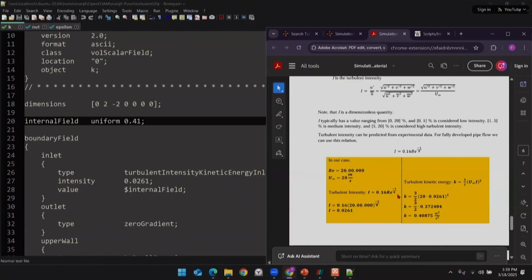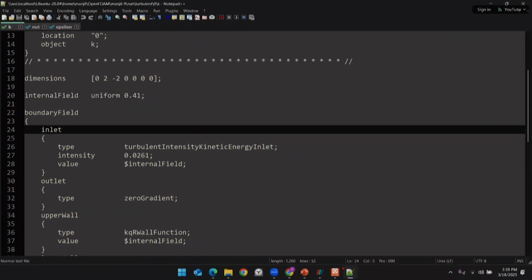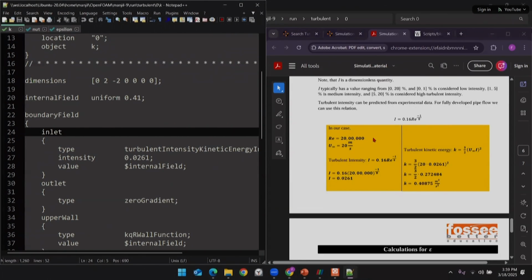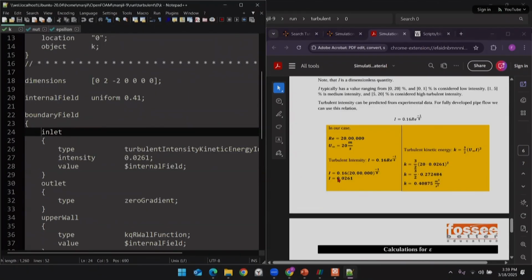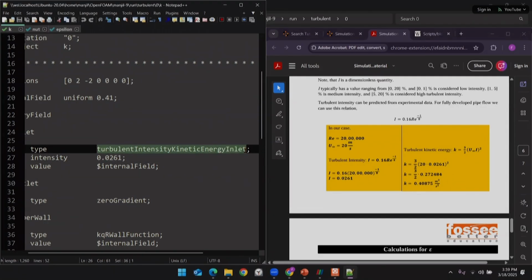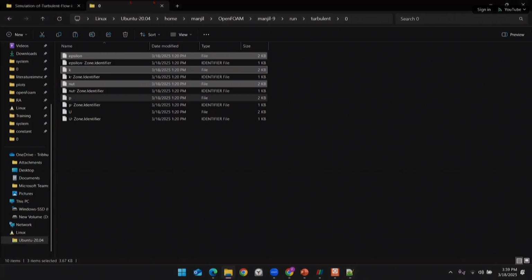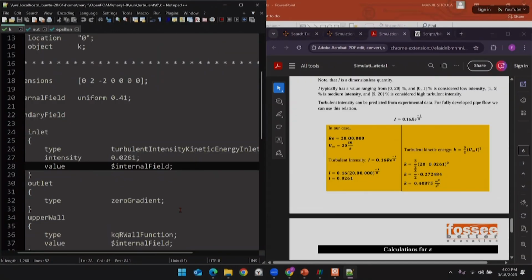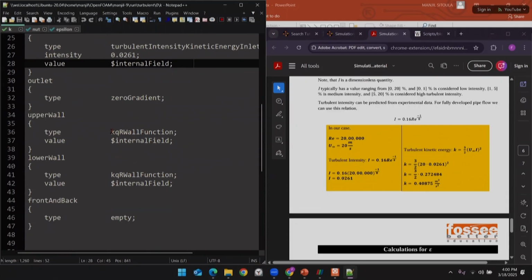We have seen that the turbulent intensity value is 0.0261. We have calculated k from the turbulent intensity, and the value is kept here. You can look at this; it is available in the src boundary conditions, which are located in the source code. I will show you one. If there is time remaining at the last, I'll show you where these boundary conditions are available in the source code. Now the outlet will be zero gradient, and you can see that we have used the wall functions,